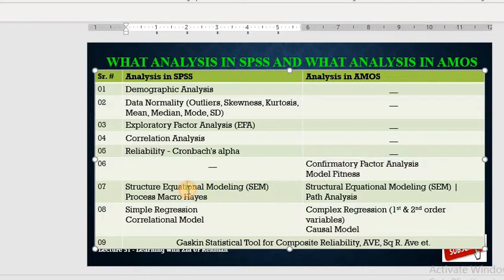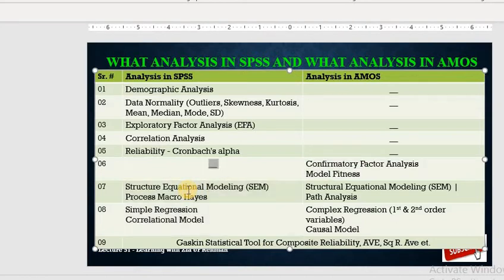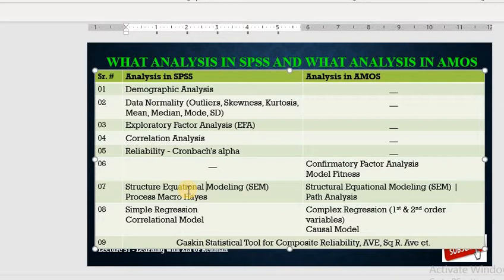The structural equation model, you are able to conduct the structural equation model both in SPSS as well as in AMOS software. In SPSS you need to install the PROCESS macro by Hayes tool by downloading through Google, and after installing the PROCESS macro tool you will be able to conduct this structural equation model by using the SPSS software. There are almost more than 70 models available in PROCESS macro, and if your model exists among one of the Hayes models, so you will be able to conduct the SEM by using SPSS, but you also are able